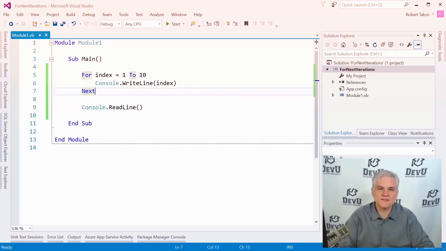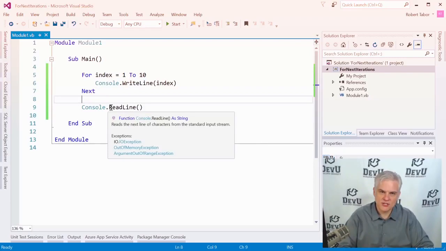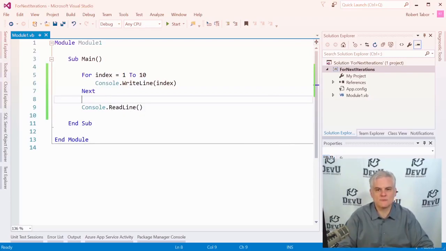So we're instructing Visual Basic to execute a block of code a number of times, and once we've completed that sequence of times as defined by this higher end boundary, then we'll break out of the for next loop iteration statement and move on to the rest of our code. All right. So inside of here, we can do some interesting things. So like, for example,